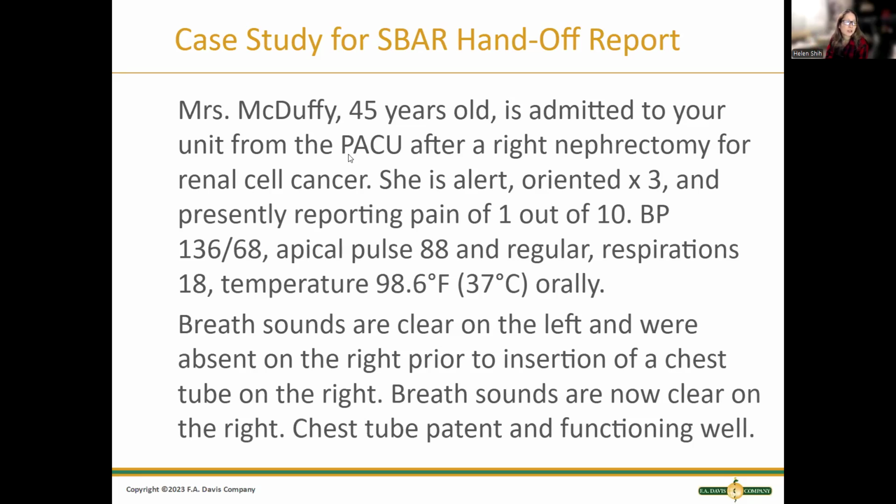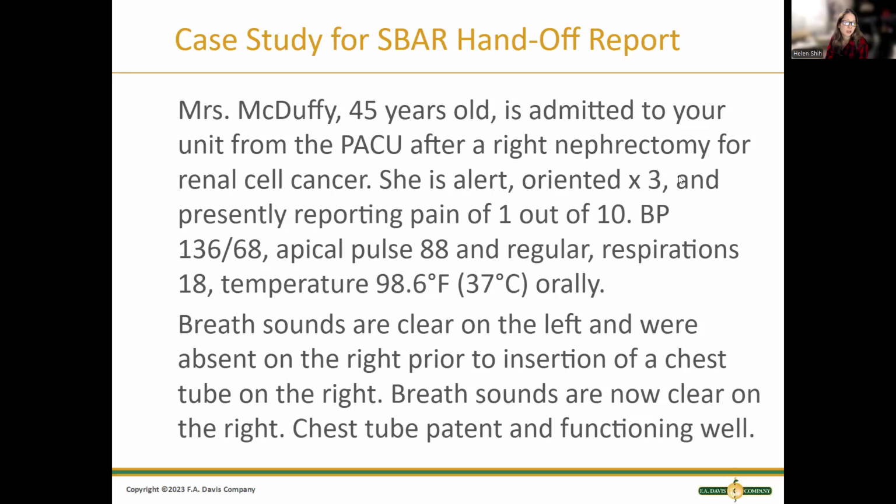And so for the situation, I would say that the patient had no breath sounds in the right, and therefore necessitated the insertion of a chest tube in order to correct the pneumothorax. Their background is that they were admitted for right nephrectomy for renal cell cancer, and then for the assessment, we're